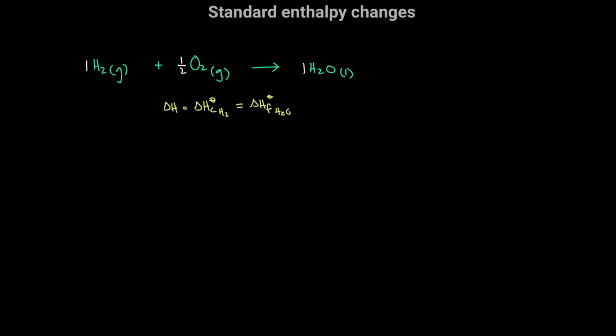So for this reaction, the enthalpy change is both. It is the standard enthalpy change of combustion, because 1 mole of hydrogen gas is being combusted in excess oxygen to form water in its standard state. However, there's also the enthalpy change of formation of water, because 1 mole of water in its standard state is being formed from its constituent elements. So we can say that the standard enthalpy change of combustion of hydrogen is the same as the standard enthalpy of formation of water. And the reason we can say that is because